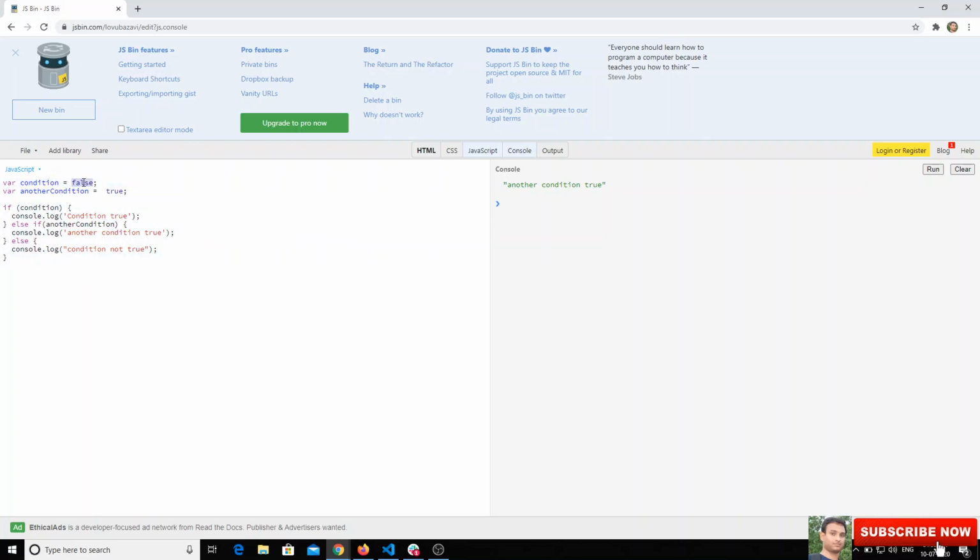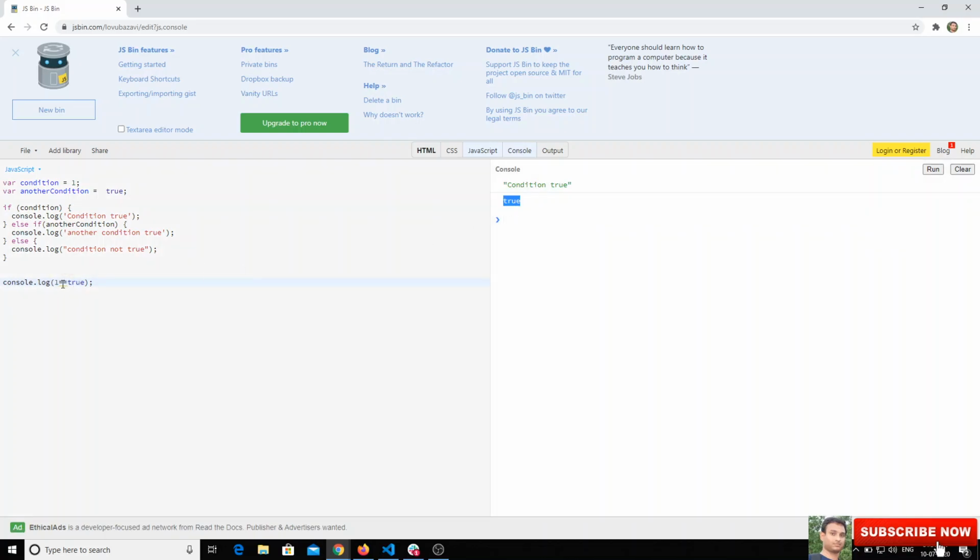Now I will make this condition 1 and check the output. Now we got condition true. Why? Because the condition is equal to 1, so the if condition executes this block. Remember that 1 and true are equal: if we check console.log of 1 is equal to true, it will tell us true.